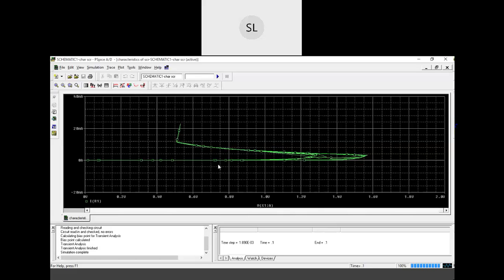So as you can see here, initially the SCR is in the off state. Once it has been turned on by the sufficient gate voltage, at this particular voltage, say approximately 1.6 volt, it will be turned on, and once it is turned on, the voltage across the thyristor will fall to a very low value, which is approximately 0.7 volt. Here it is 0.5 volt, and then current will start increasing slowly as it has been shown here.